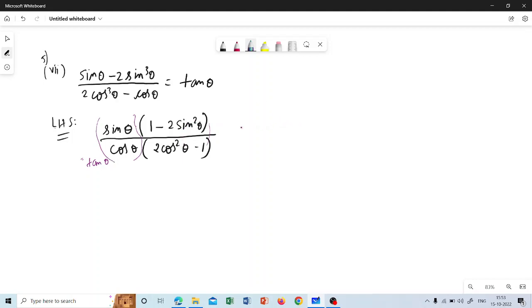So I am going to substitute in the numerator using the identity sine square theta plus cos square theta is equal to 1. I can write sine square as 1 minus cos square theta. If I write it like this, the numerator,